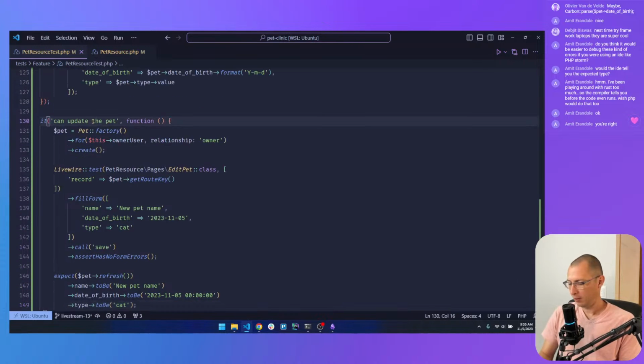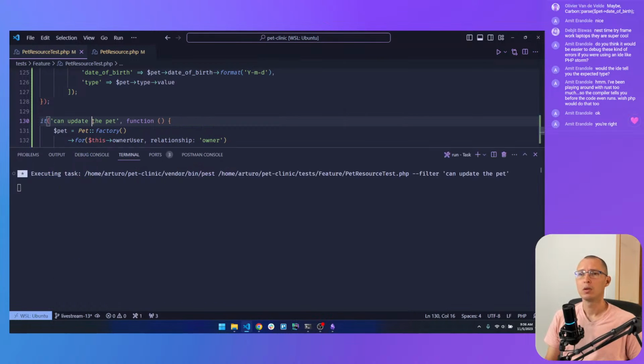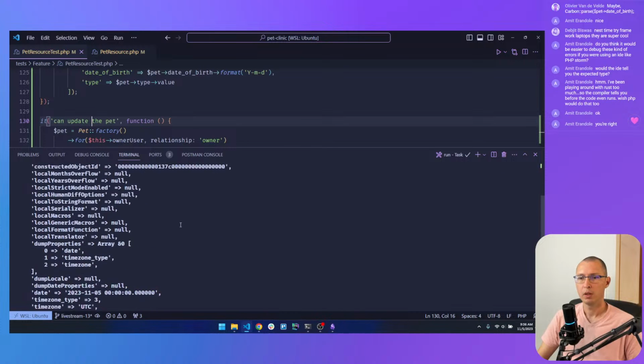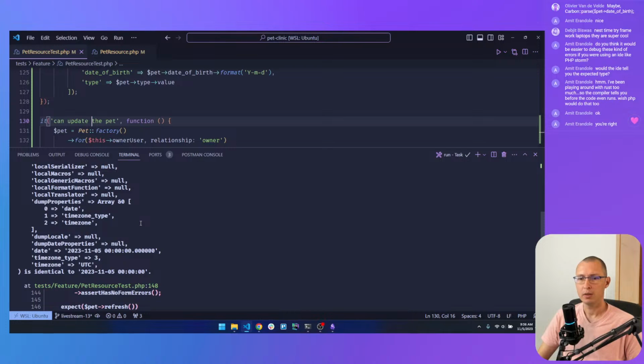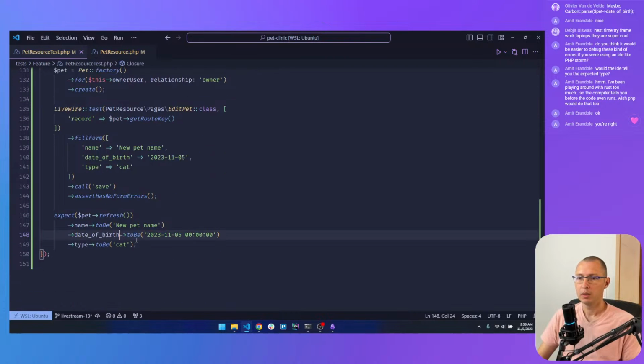Let's test this. Make sure that it's failing. Well, I don't know if it's gonna fail or not. Probably it's gonna pass. Well, it didn't. It's failing on the carbon object is identical to, okay, so yeah, again we're date of birth format.